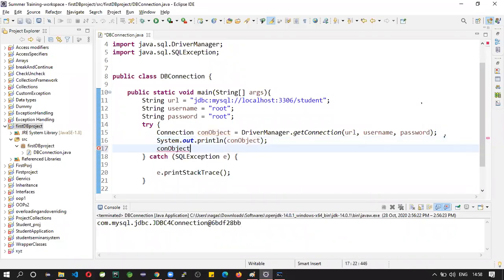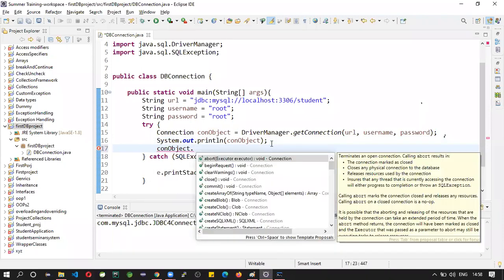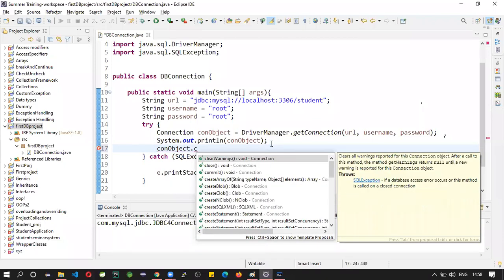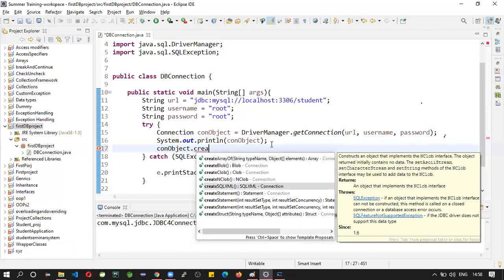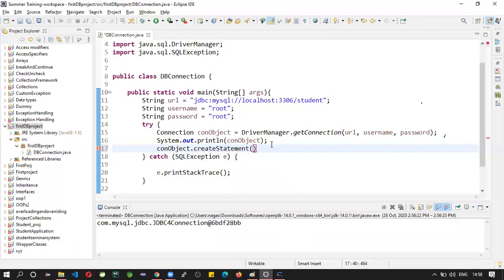By using the connection object, you can createStatement. You can create a statement object. This will return a statement object. What is the type of this stat? Statement type.